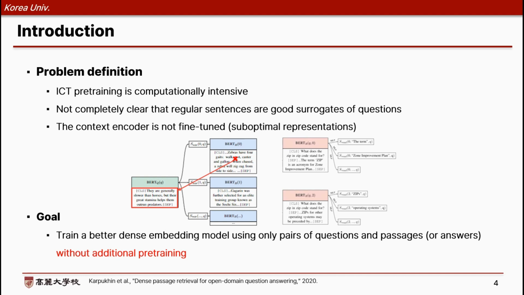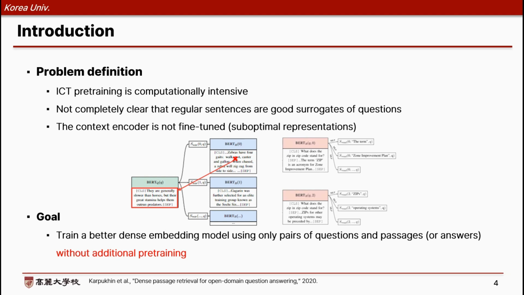Finally, in previous papers, when pre-training and performing fine-tuning, the passage encoder is frozen and only the question encoder and the reader model are updated through fine-tuning. The paper pointed out that because the passage encoder is not updated, it is not an optimal solution for QA tasks. Therefore, the main problem to be addressed in this paper is to train a better dense embedding model,